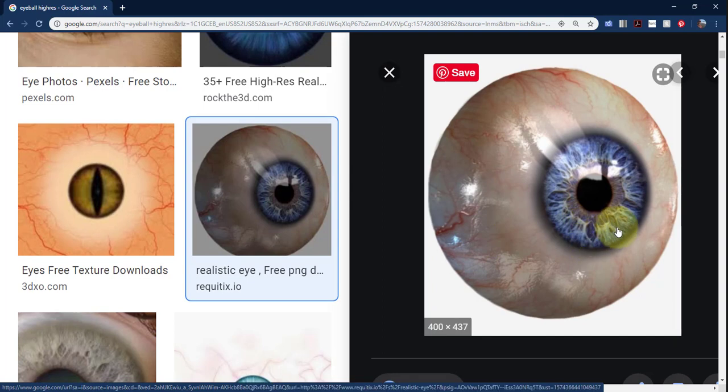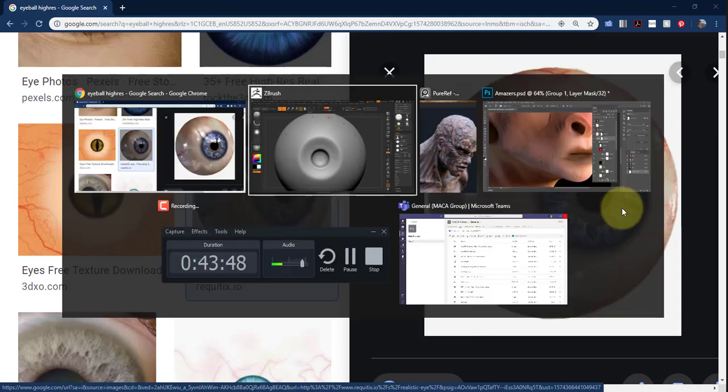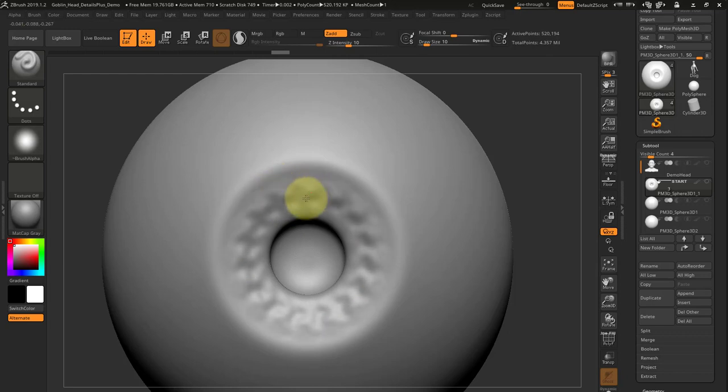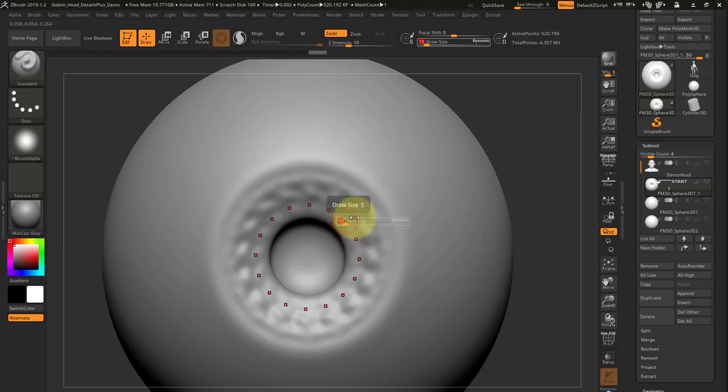I can also switch to my clay buildup, maybe add some shapes in here. There we go. I'm not too concerned about where the iris is, or the pupil is, or what happens there, because I can just delete that afterwards. There we go. Okay, so I'm just going to go through and add a bunch of detail inside here. And then if I go to my eyeball,